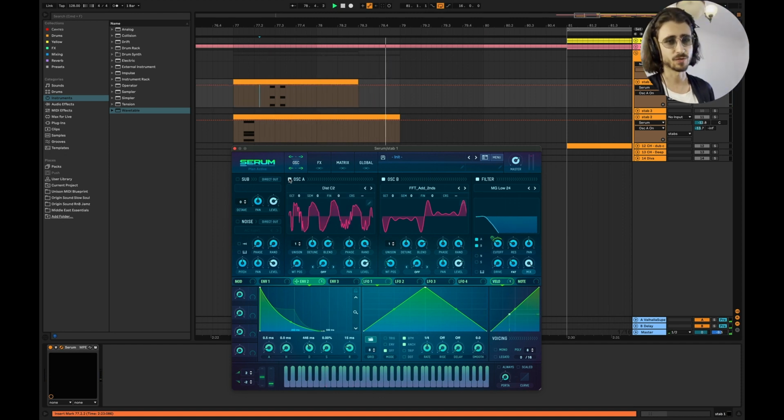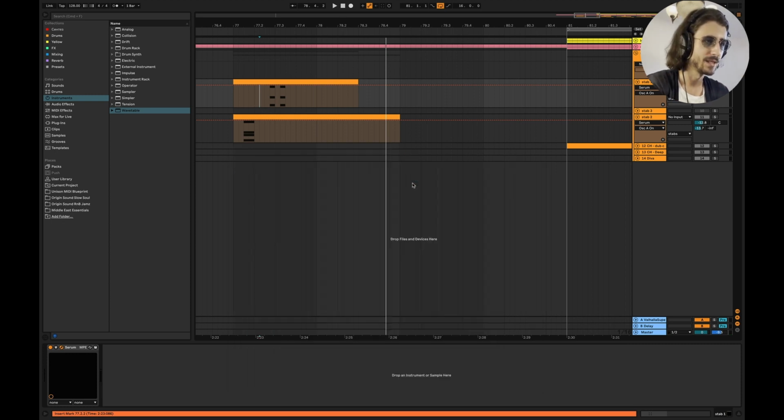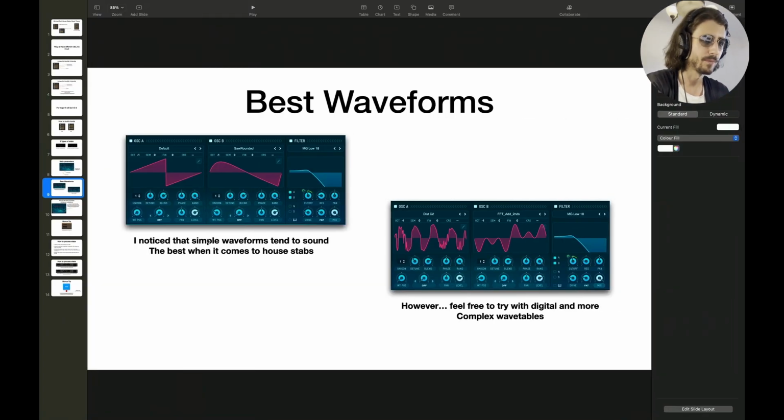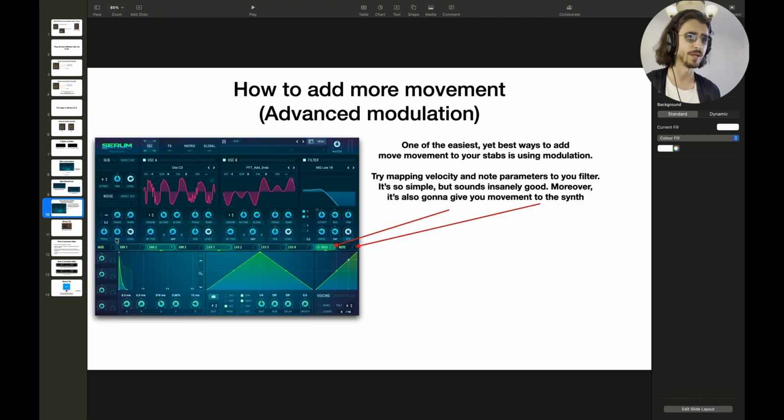So it's pretty cool. For the waveforms, it doesn't really matter what kind of waveforms you use as long as you follow the principle with the filter, right? So pretty simple, okay? Just try different waveforms and then you're going to be able to pick the ones that you like the most. Okay, now let's talk about the next really important thing, how to add more movement, like advanced